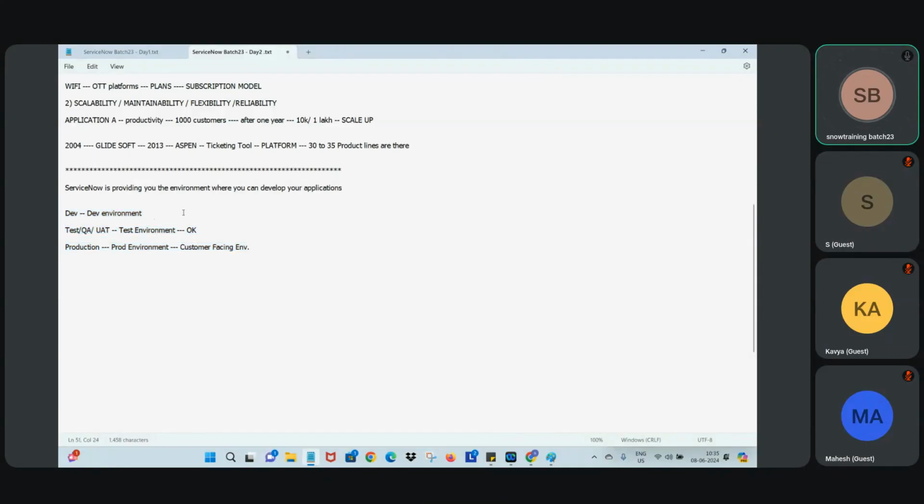In the ServiceNow world, we call it an instance. This is also an instance. This is also an instance. Instance means what? It is an environment where you can work. Dev instance, test instance, and then production instance. The dev instance will be looking like dev,